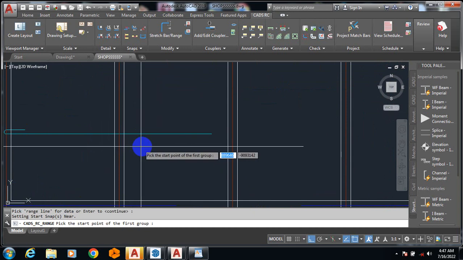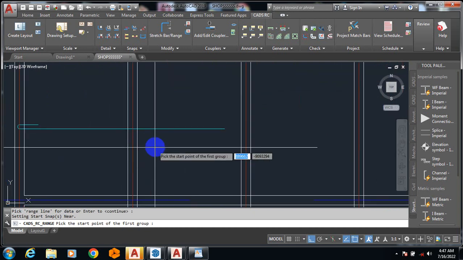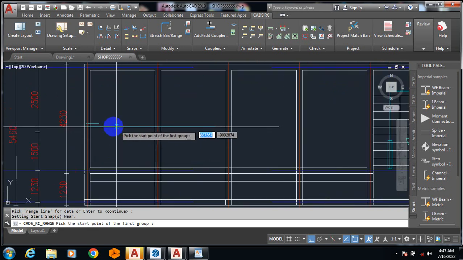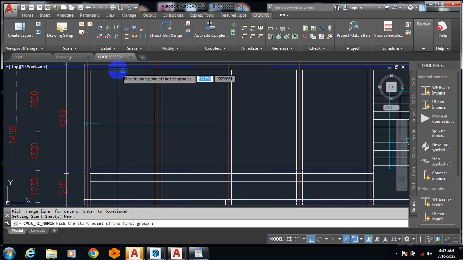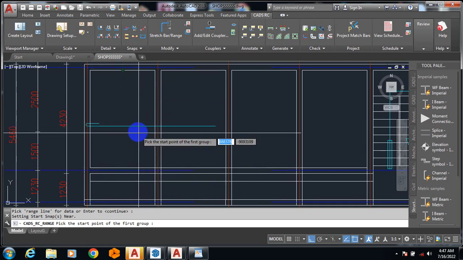I will click on enter again. Now it's asking me to pick the start point of the first group. This reinforcement is going to span from here to here. Okay, so if that is correct,